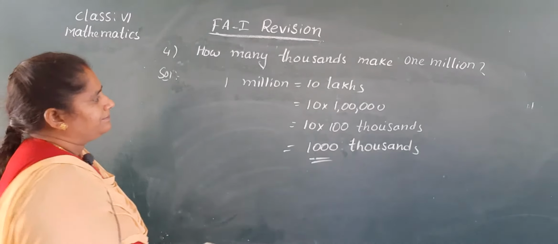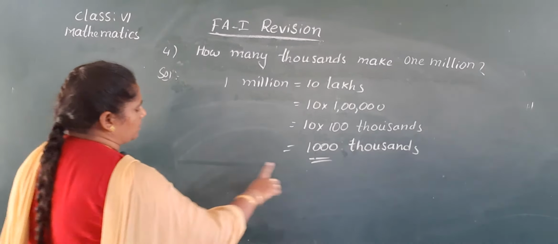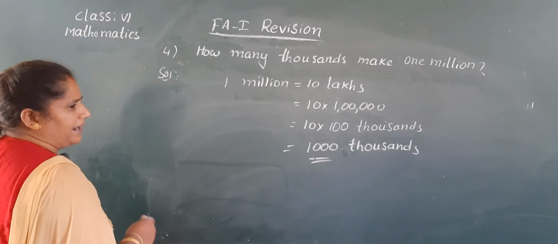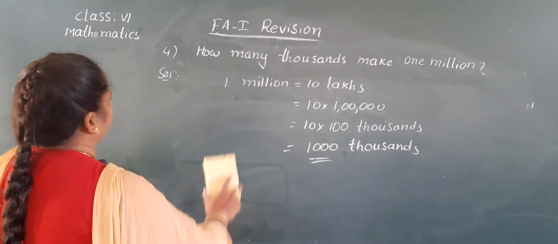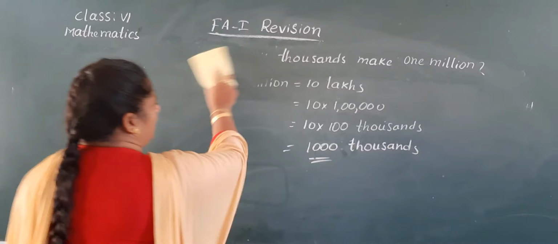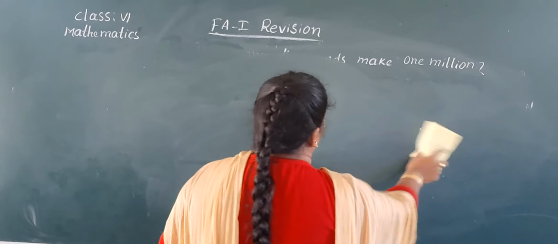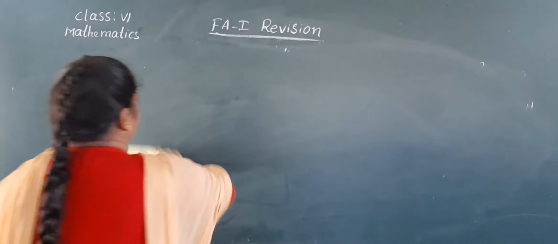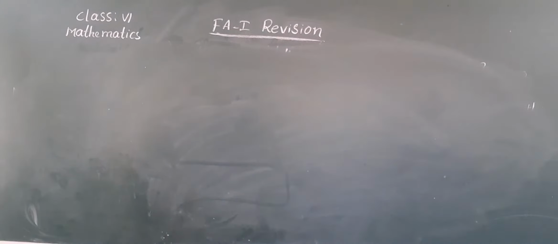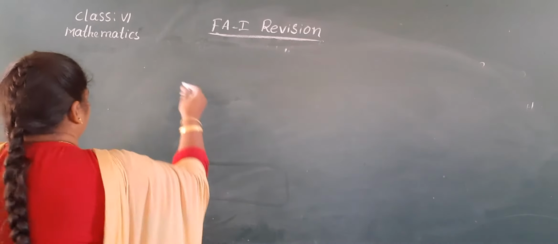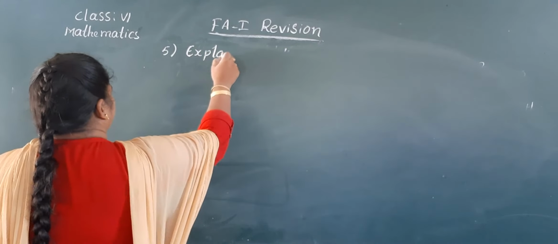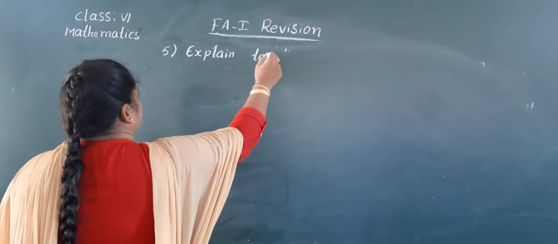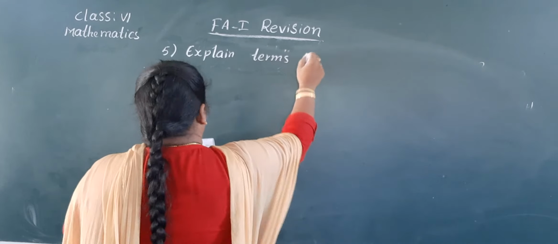Okay. So, you will take the place value chart and you have to write directly also, no problem. Okay? And next one. Next problem. Write down, Nana, explain terms. You should learn this. Explain the terms cubic,